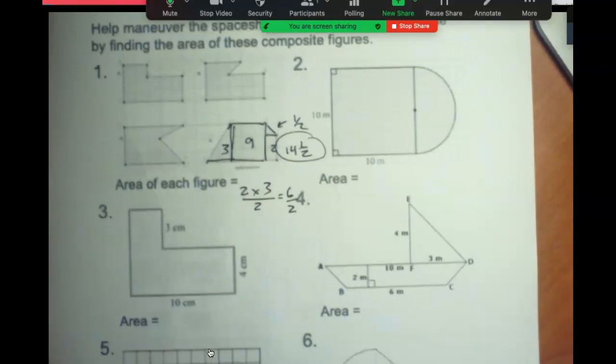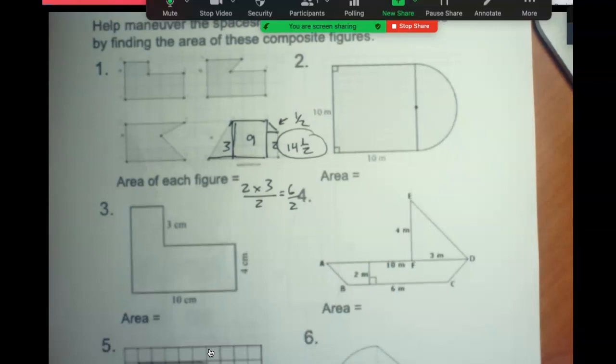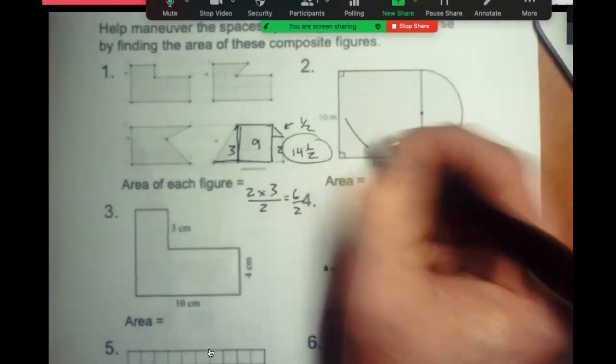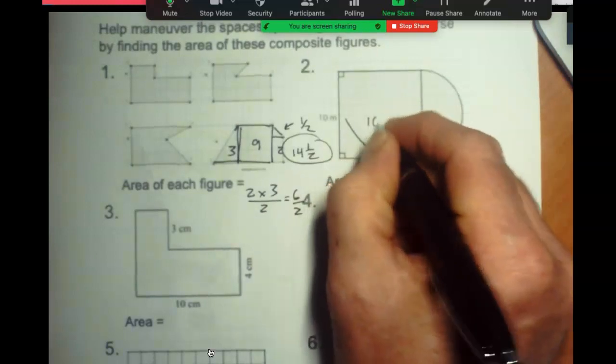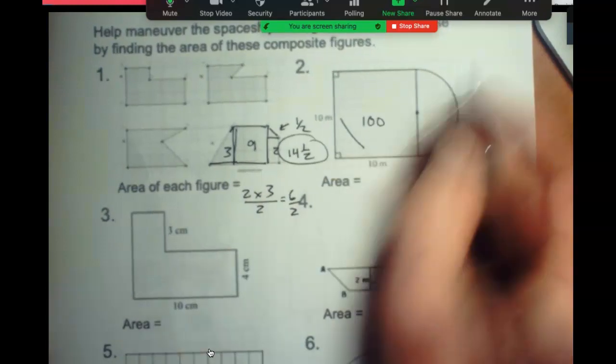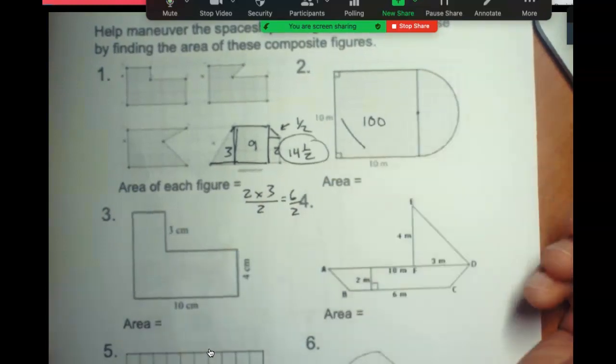All right. Now we're getting into ones that we can be a little bit more exact on. You could count all of these, or you could just multiply these two together, 10 times 10, and say that this is 100. I think that would be much easier. And then for this side here, well, you can use a calculator, and let's get more accurate on this one here, because we